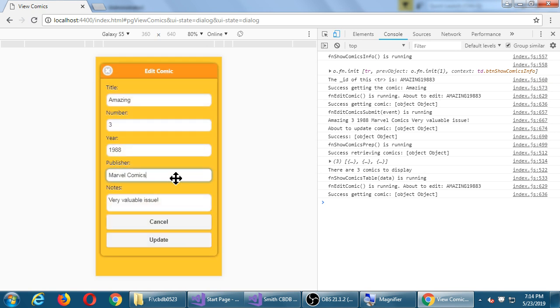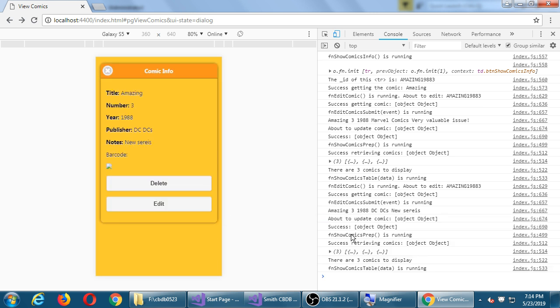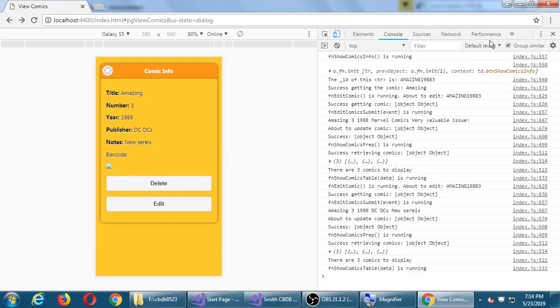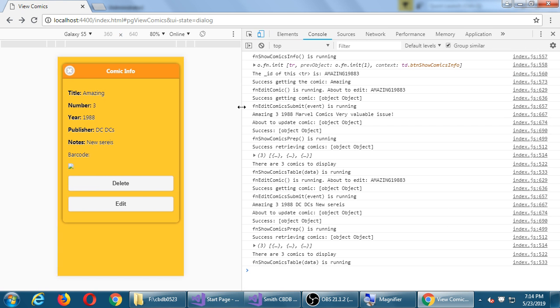Let's say this time, just to change this, DC Comics, I'll say new series. I made a misspelling, but I can fix that too. So I'll do update. My output out here, more importantly, on screen, it shows that I updated it there. And then when I look at the database,